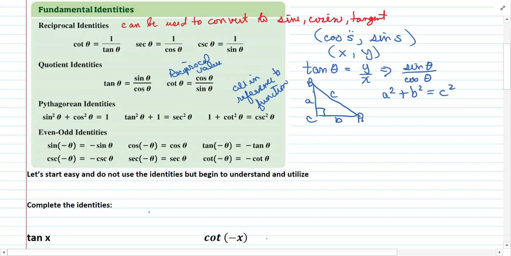And in our positionary aspect, we can then say that cosine squared theta plus sine squared theta equals, in this case, 1. Because in the unit circle,